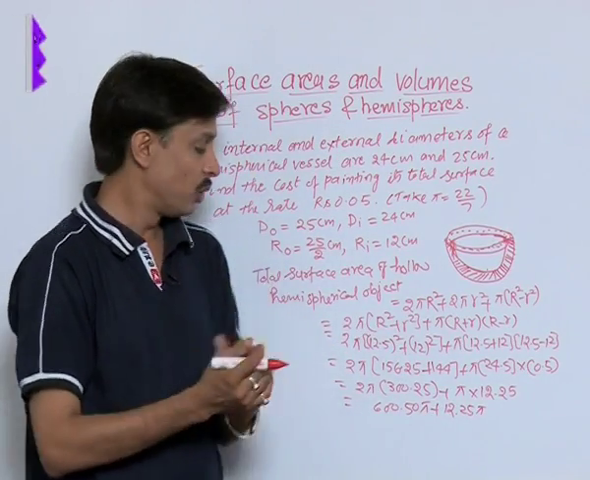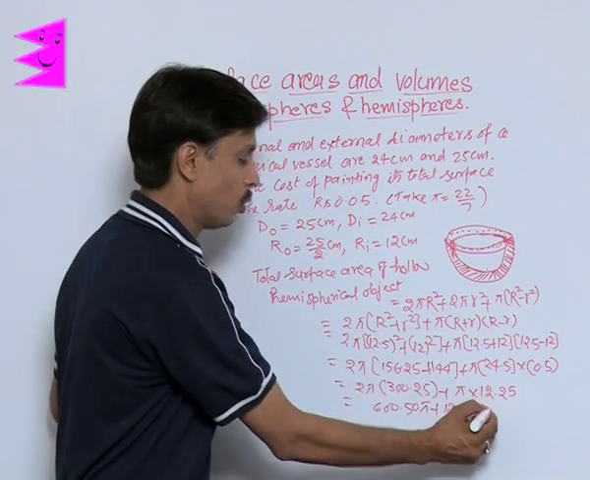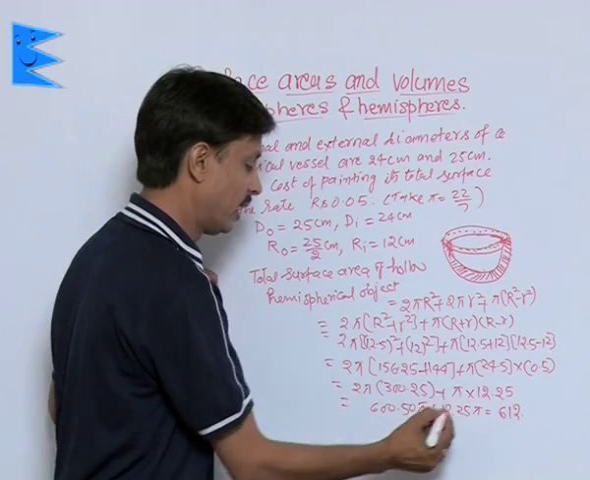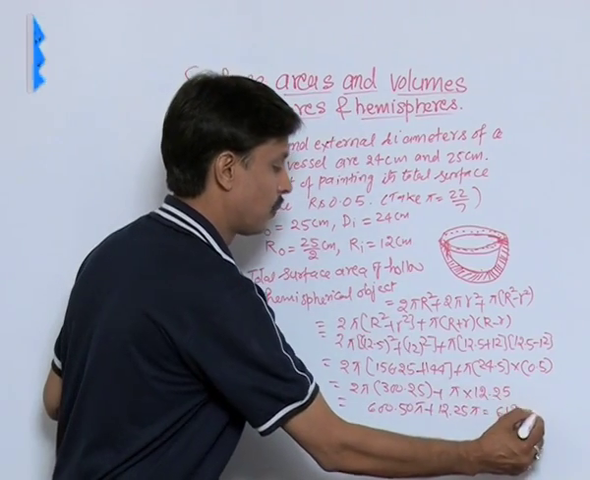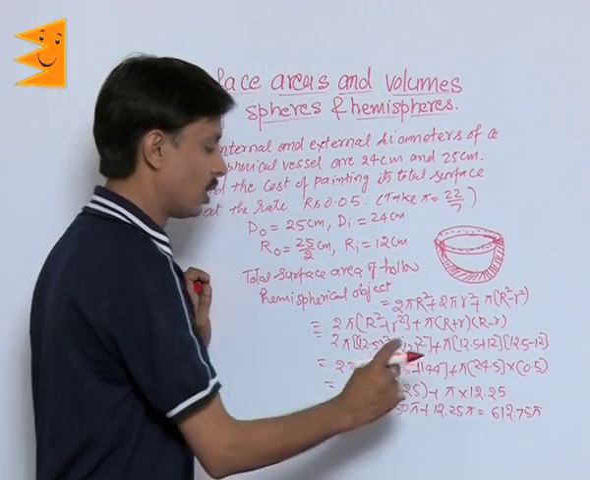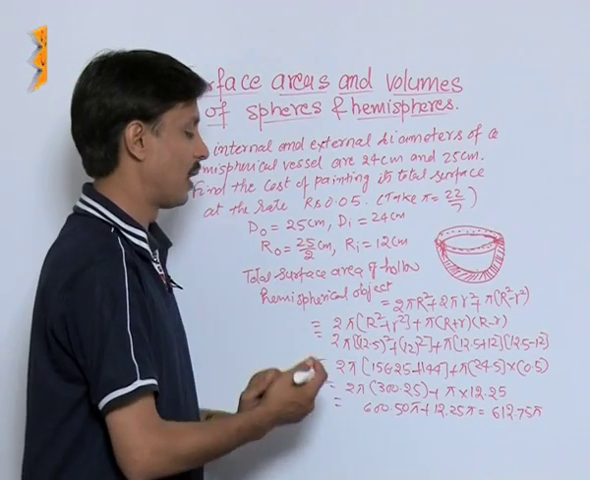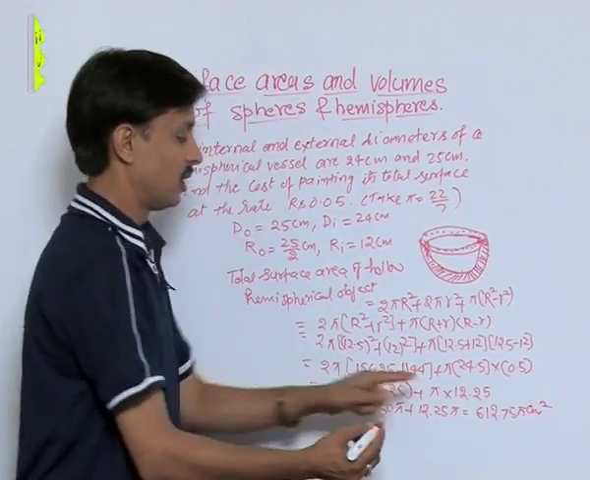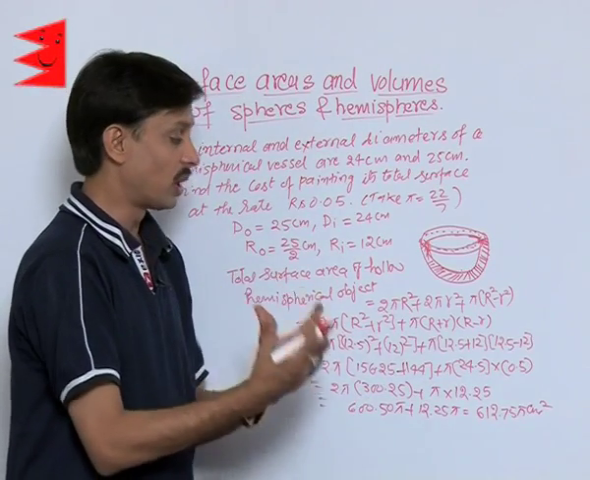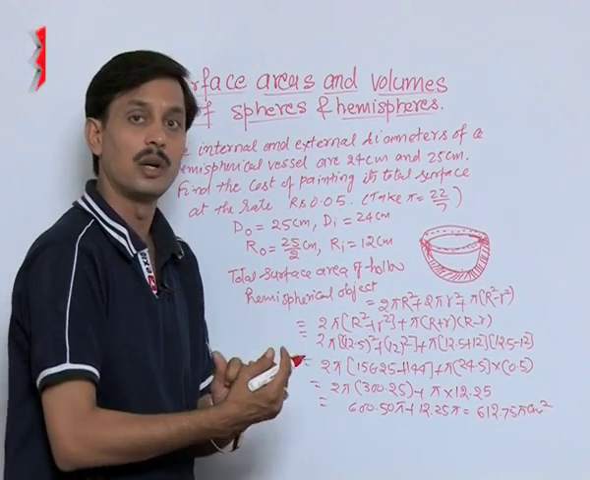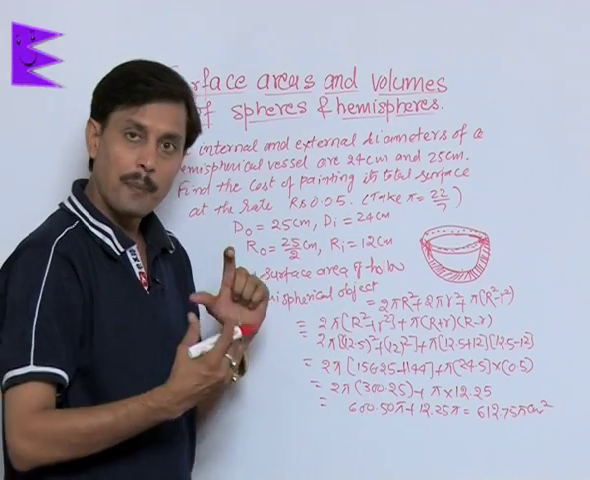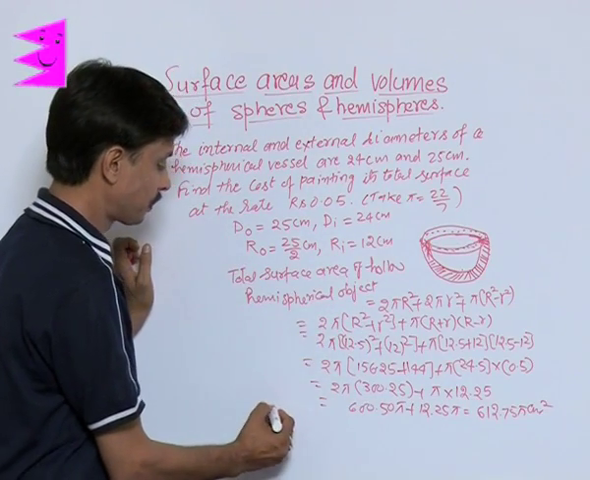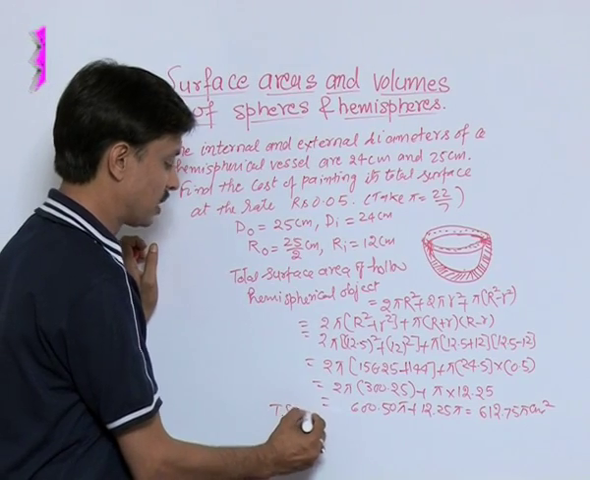If I ask you to add these values, you will say it is 612.75 pi centimeter square. This becomes the total surface area, the net area to be painted. If I put the value of pi to be used at 22/7, then the answer of TSA in the final form will come